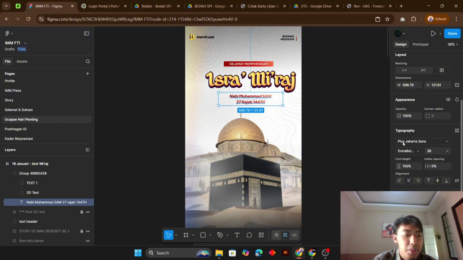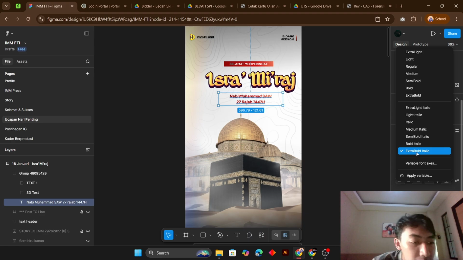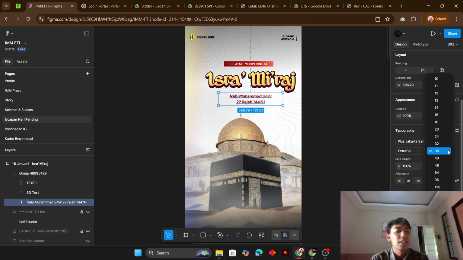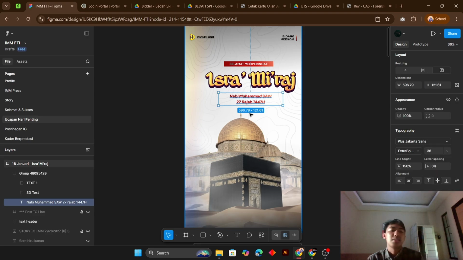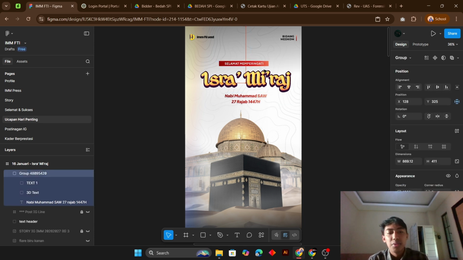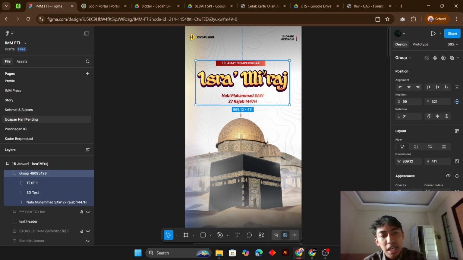We name it Plus Jakarta Sans with the weight extra bold italic and size 36. Alignment is center. We can position this object for center alignment.